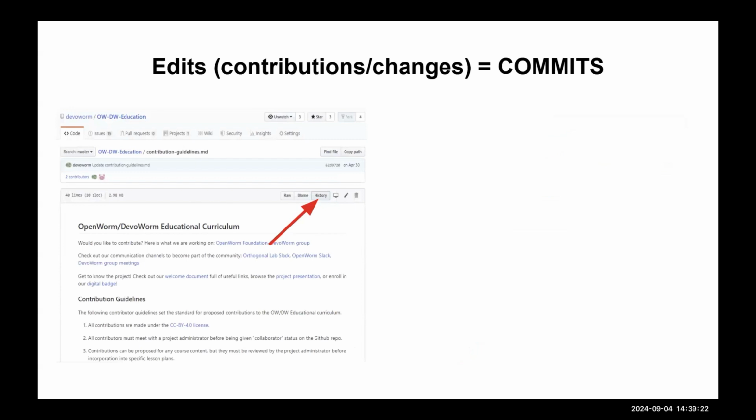Now there's a button called history. So if I want to understand, say for example, I noticed there's a change in here or an error that I didn't notice. And someone maybe pushed something that they shouldn't have, and I didn't keep track of it in my head, which is normal because if you're working in big teams, you won't remember everything. So I want to trace this fault, or I want to trace this error to its source. One thing I can do, of course, is go to the history.